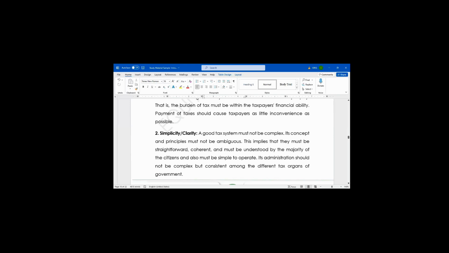In adherence to principles of simplicity, if FIRS wants to make a publication, they have to make the publication in English. They will make the publication in Yoruba language. They will make it in Igbo language. They will also make it in Hausa language, so that people cannot prove that they are ignorant of the law. Hope my explanation is clear. Yes, sir. That is principles of simplicity.